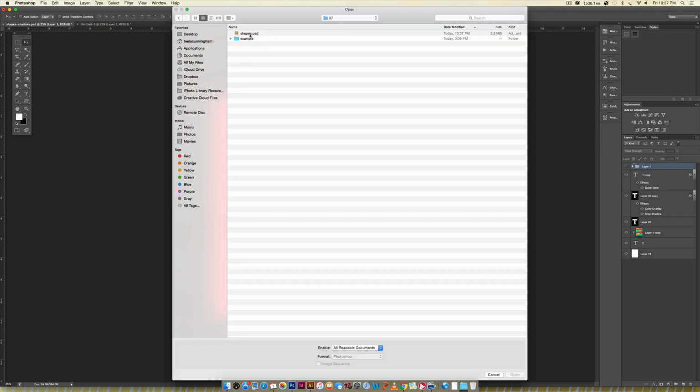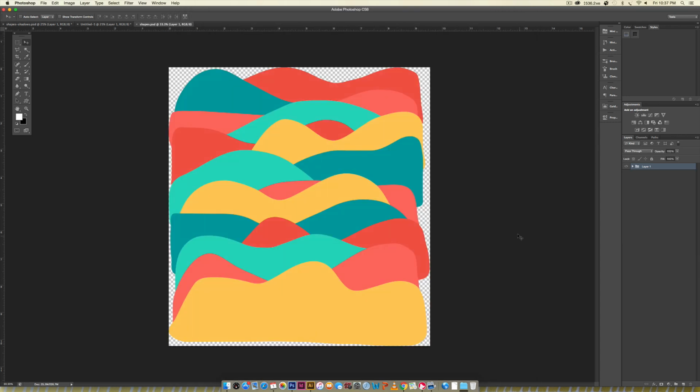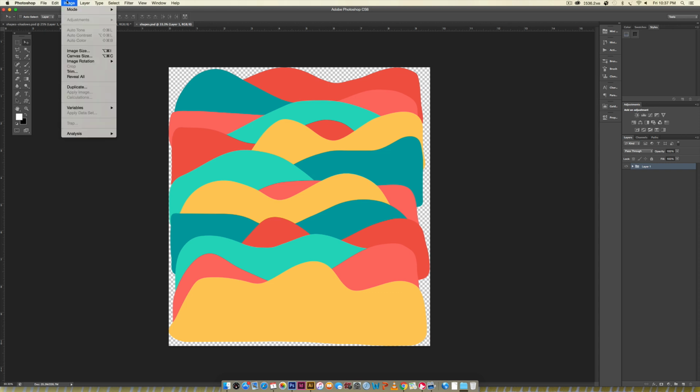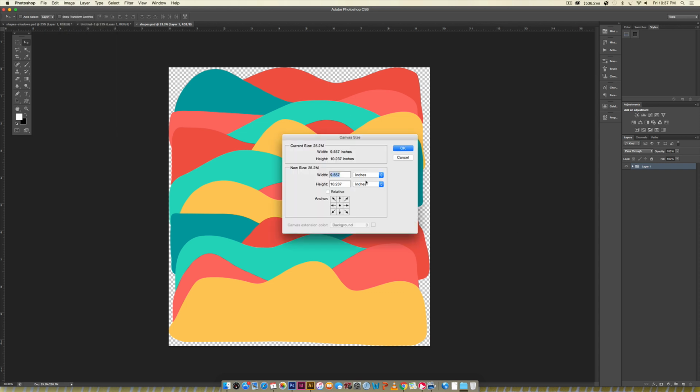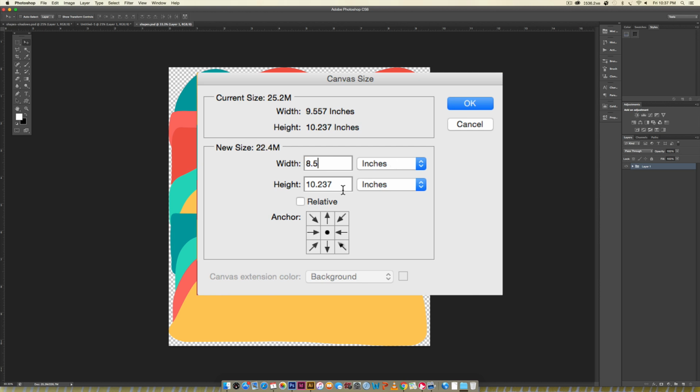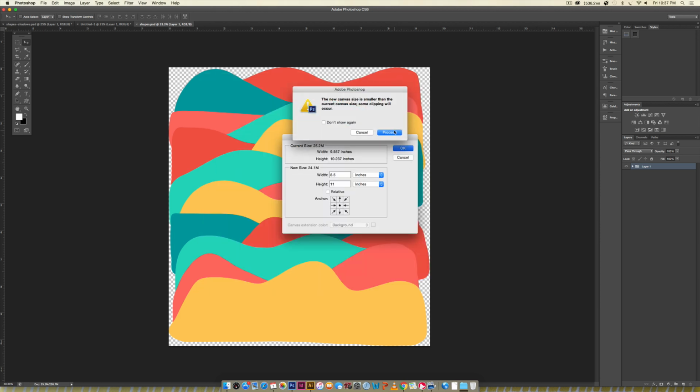open, and we're going to open that file that we just created. Hit open, and here we go. So the next thing we're going to do is create our full document size here, and that is Image, Canvas Size, and we're going to change this to 8.5 by 11, and hit OK, and hit